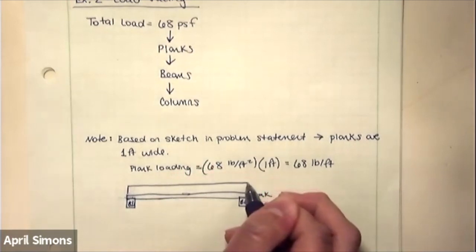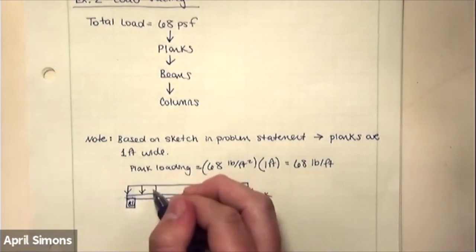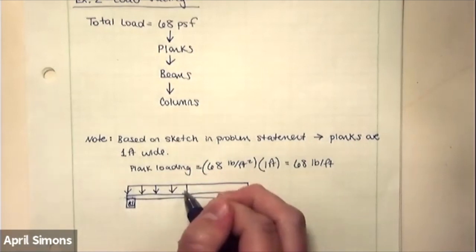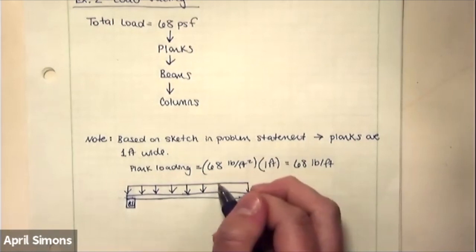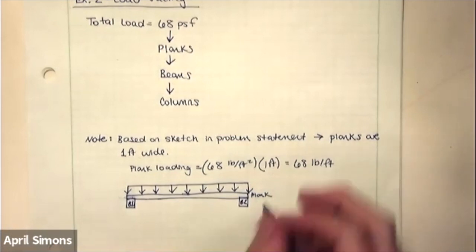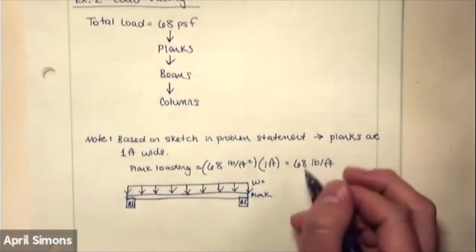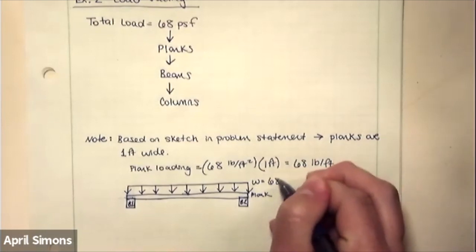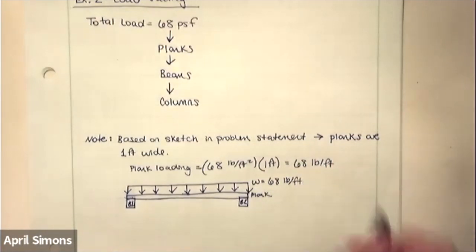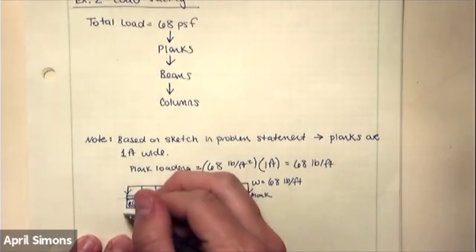So again, what we're doing here is taking the given loading from the weight of these planks plus the weight of whatever we're putting on top of this deck. And we translate that into a plank loading of 68 pounds per foot of length here. Knowing that they're supported on each end, B1 and B2,